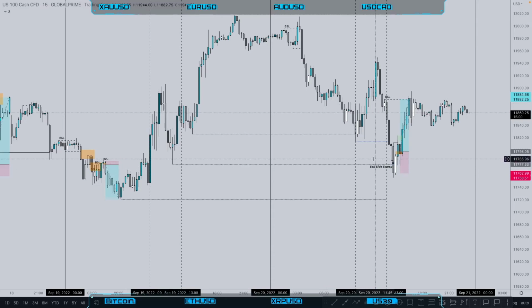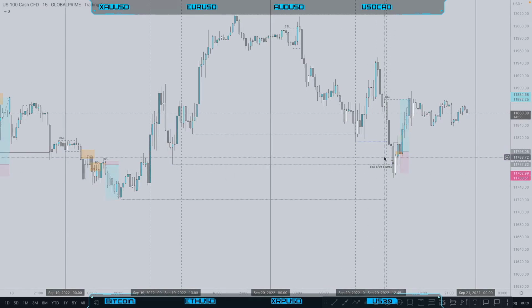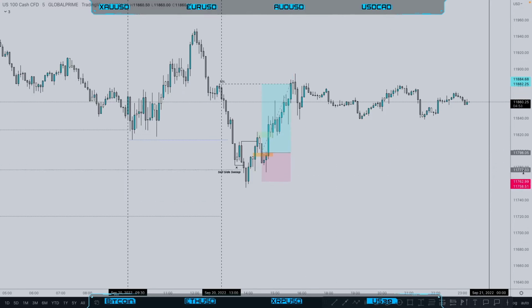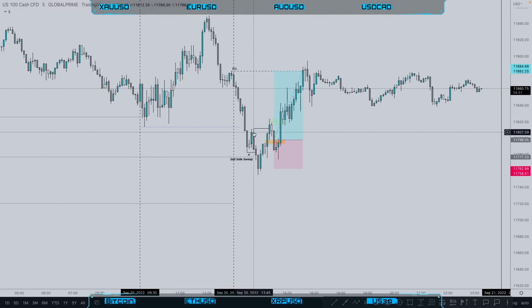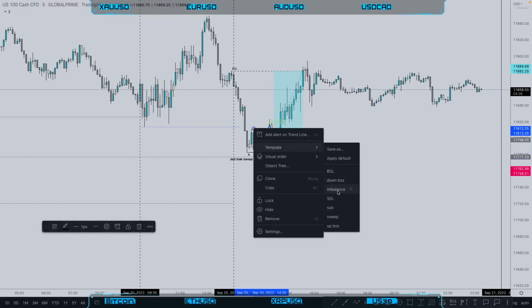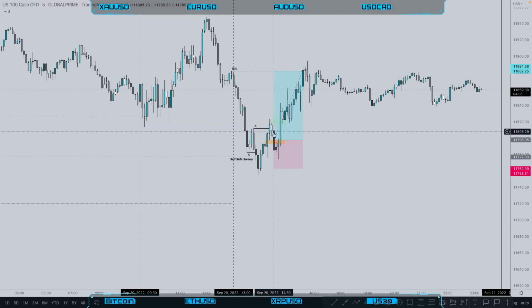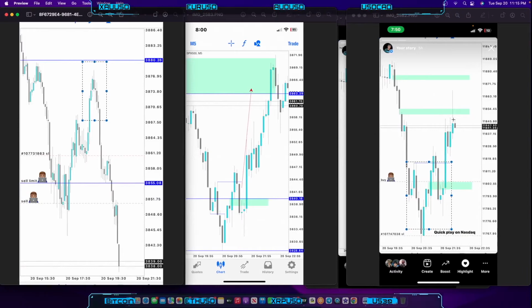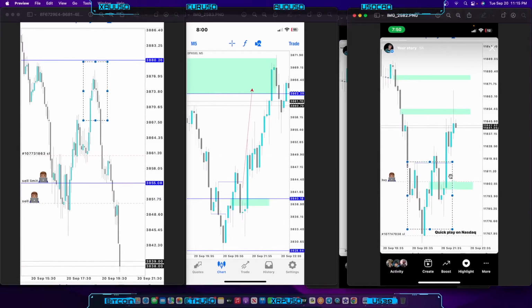So here we can see that we sweep sell side liquidity. From there, I was on the M5 time frame, just looking for my confluences, right? So here we can see we have a sweep of sell side liquidity, but also a swing high forms here before we have that sweep. Then we have that nice run to the upside, right? So this is the imbalance that was left behind once price takes out this swing high here,